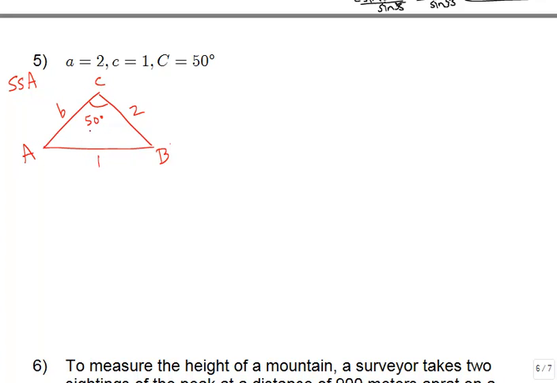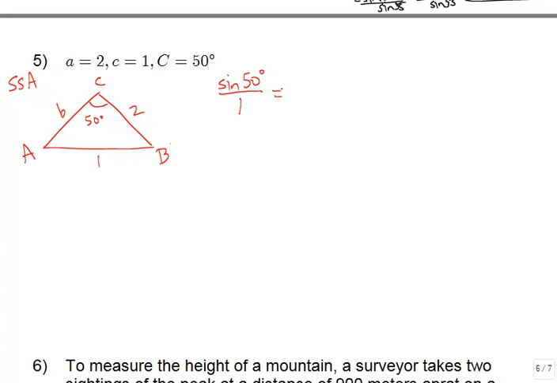So however you draw that, make sure that the 50 degrees is opposite the side 1. And that's going to be our starting point for finding some of these other angles. So using the law of sines, the sine of angle 50 degrees over its opposite side 1 has to equal,